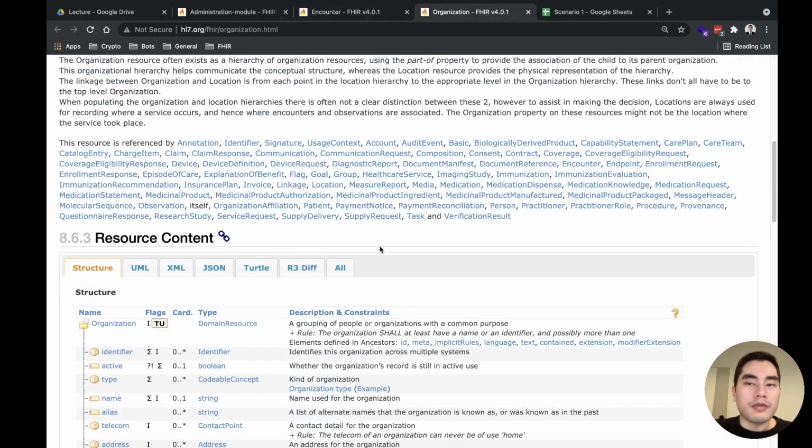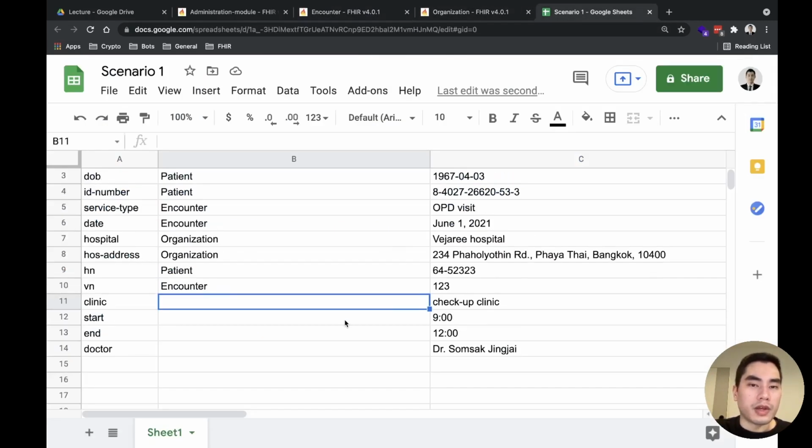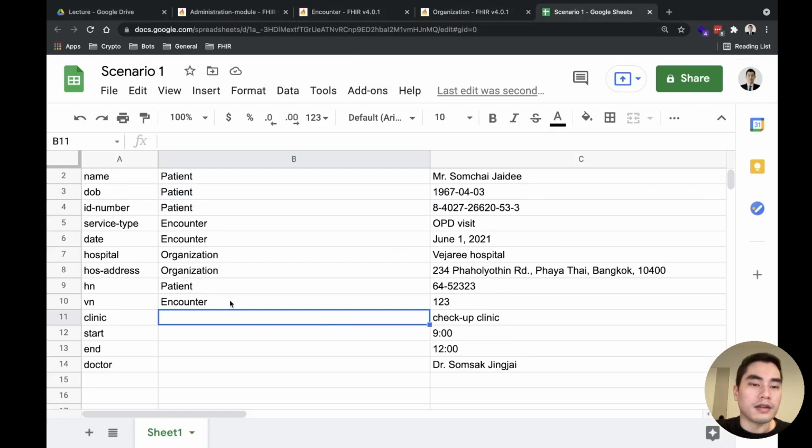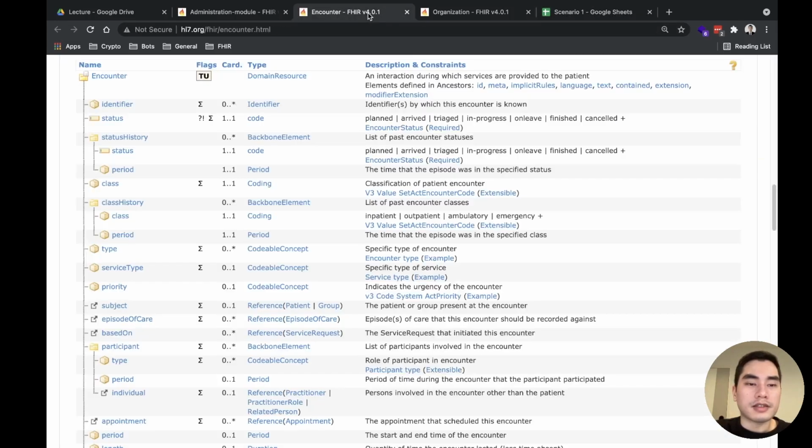I would say in the real situation, for one piece of information, maybe there are many FHIR resources that can serve you, and it depends on agreement between the people who exchange information as to which one is the most suitable for them. They can meet and agree. So for the clinic, let's say what people want is just something to categorize the service. So in this case, I will use the service type here. If you're not sure, service type or type.